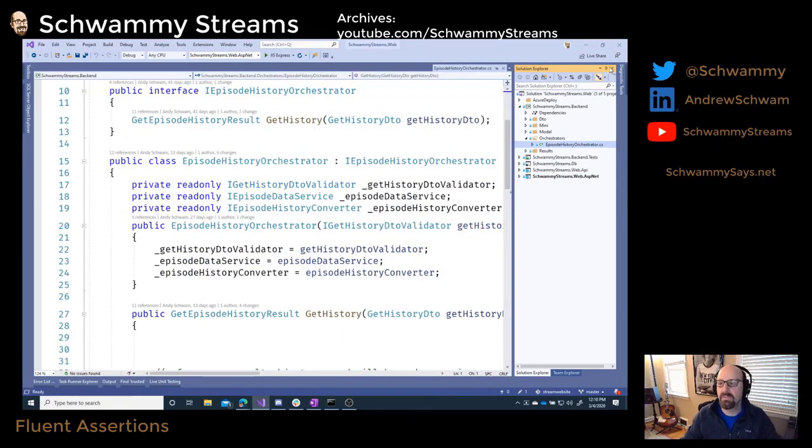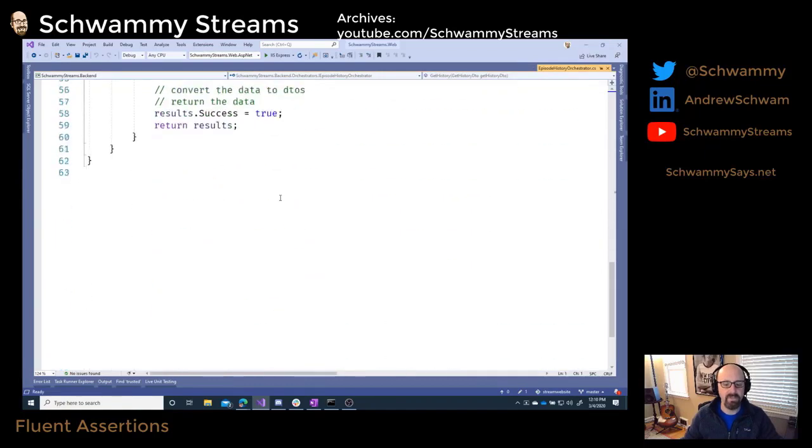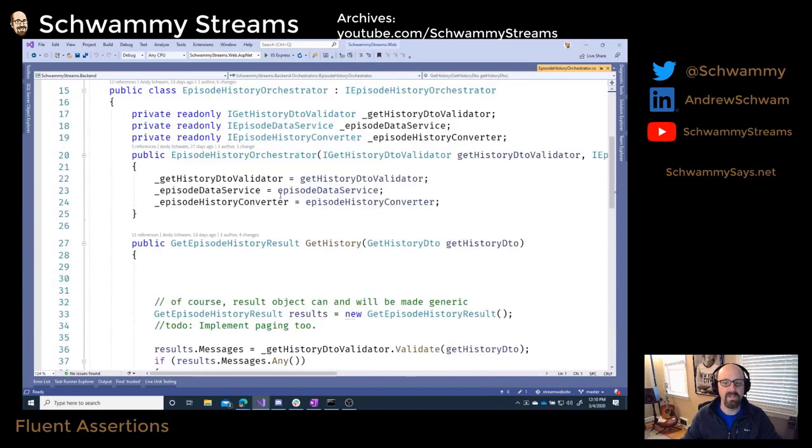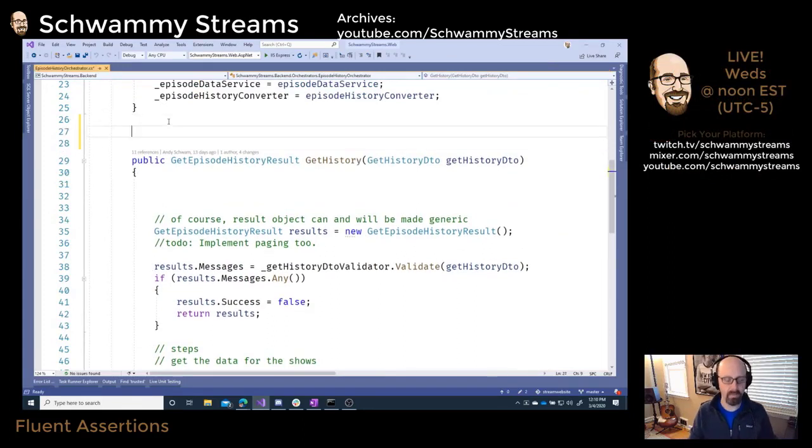And let's see, minimize some stuff here. So I have this get history. That's what pulls the data, and this orchestrator doesn't do anything else. So I think what I want to do is come up with a new method called public. I'll update this as I go. Obviously, it's not going to be void. Public add